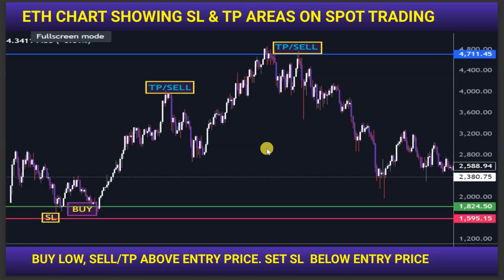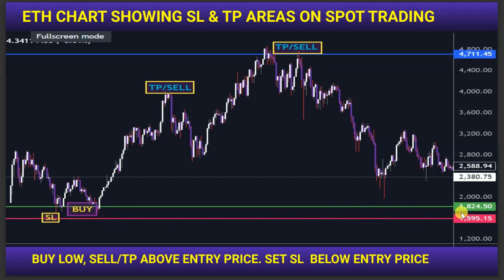So the next thing we want to do is to look at an Ethereum chart showing stop loss and take profit areas on spot trading. We also look at how it looks on futures trading. So on spot, if you buy around this area, this green area is the entry point for a buy, 1,824.5. This is the Ethereum chart. If you buy there, then you're expected to set your stop loss either higher than this price or below this price. But I decided to set my stop loss